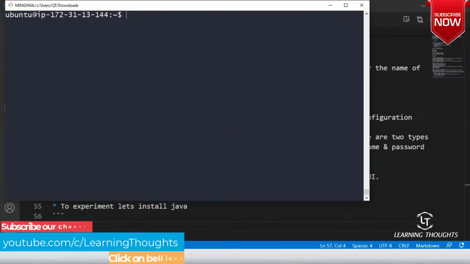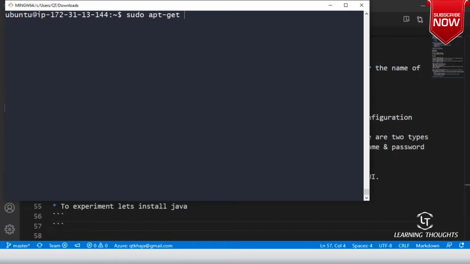I'll go into this machine and say sudo apt-get install openjdk-8-jdk.